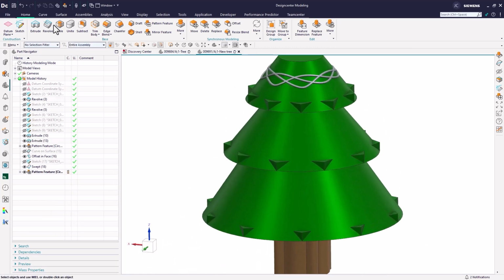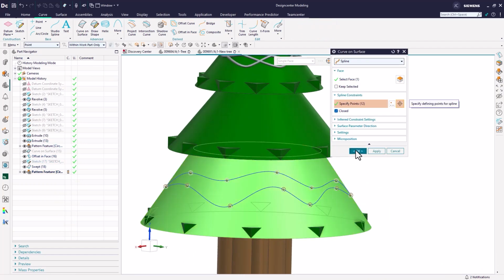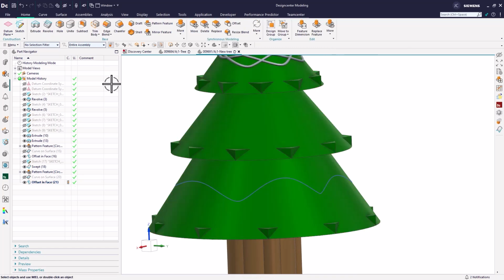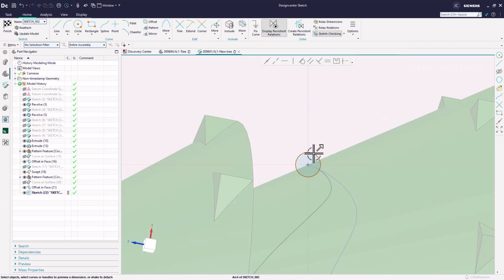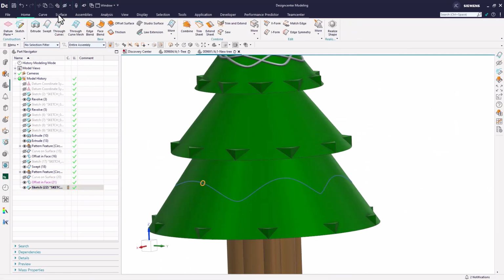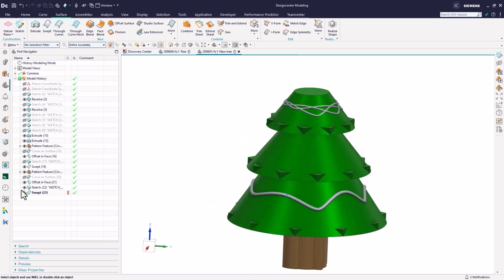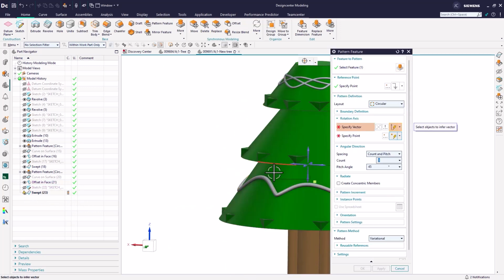While we repeat the same steps as before, I want to take a minute to discuss the importance of creativity in your designs when it comes to pattern features. It's easy to fall into the trap of simply replicating a pattern once you've found a functional one, but truly impactful designs often come from a willingness to experiment and innovate. Thinking outside the box with pattern features can significantly improve design efficiency and overall product performance.